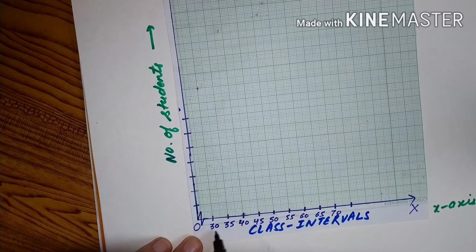So as you know, we have taken the gap of 5, 5, but the interval 0 to 30 is not representing 5, but the rest of the other intervals are showing the gap of 5. So always we know that gap should be same, but here the gap is not same, so we will use the sign of kink here. Kink means that the first interval is not showing the same gap. We are not representing 0 to 30 here. We are starting from 30 to 35.